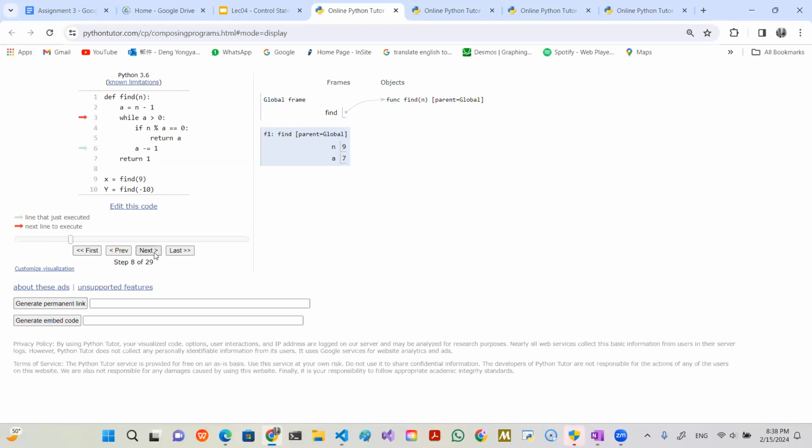So you get 7, and you see how values change here. We have a equals 7, and then 6, then 5, then 4, until you have 3. So here's a key point: you have 3, and 9 mod 3, 9 can be divided by 3 with no remainder, so it just returns 3. So for find negative 10,